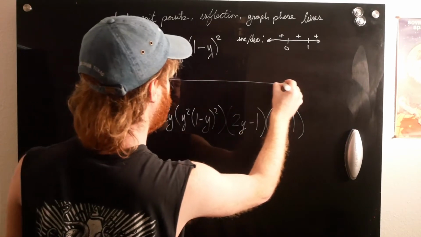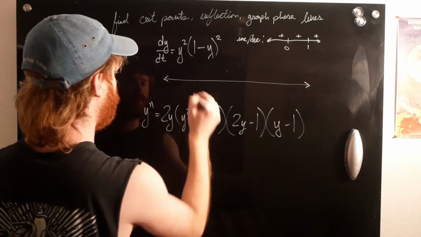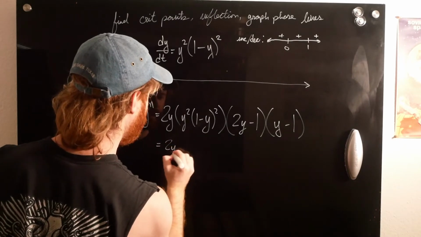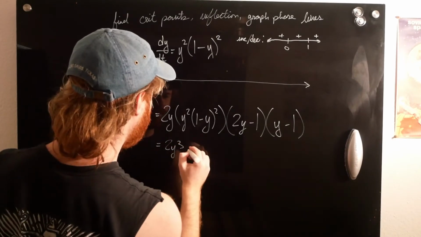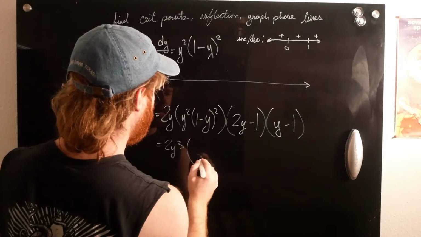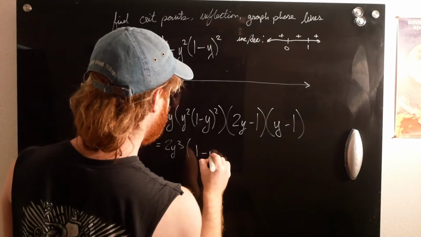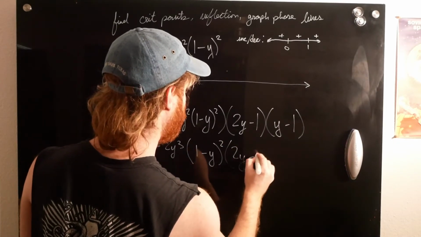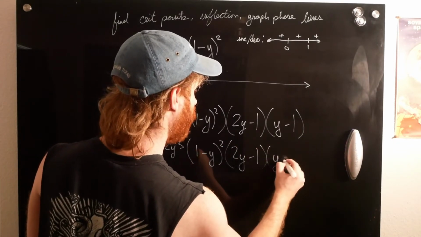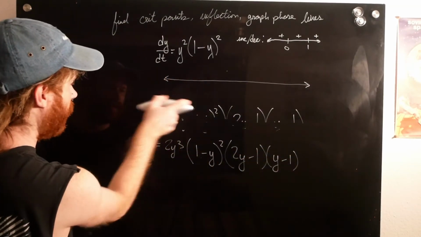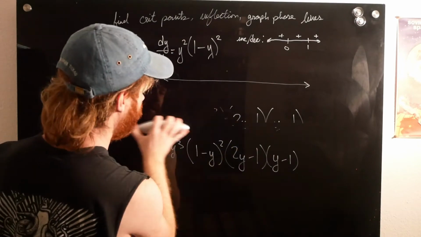So we have y equals 0. I'm going to rewrite this a little bit prettier. 2y cubed, I just pulled out that y squared because it's all multiplied, 1 minus y quantity squared, 2y minus 1, y minus 1. So now that we have that, we can